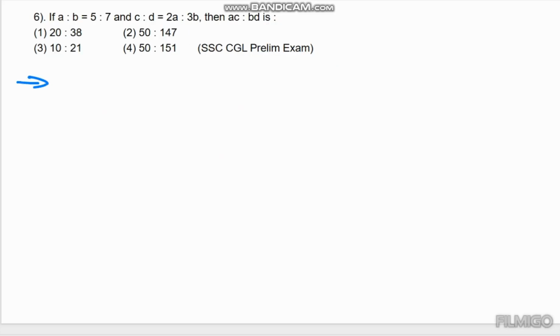Guys, in exams, you don't need to calculate all the question. In the mind, you can calculate this kind of simple questions. And in the upcoming topics, we are going from easy level to hard level.